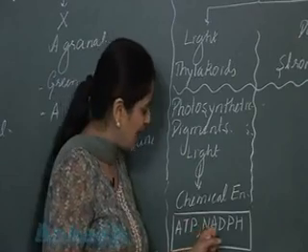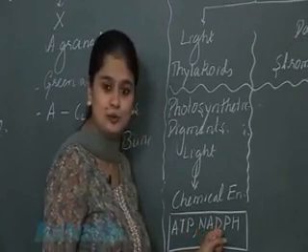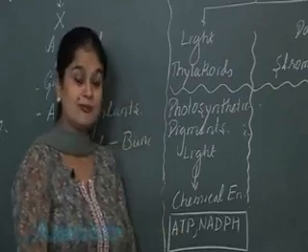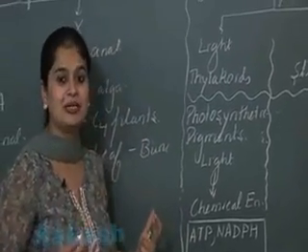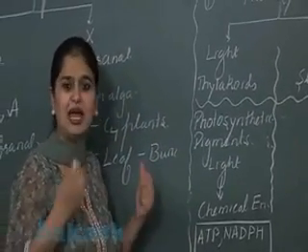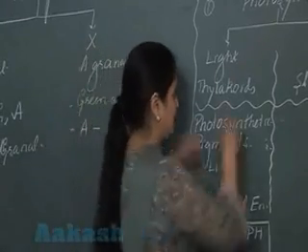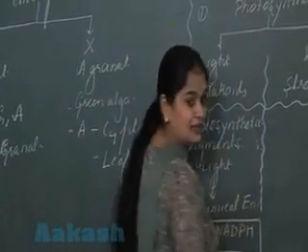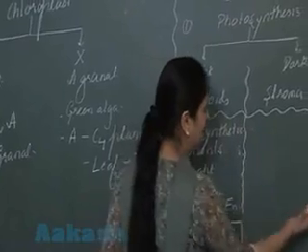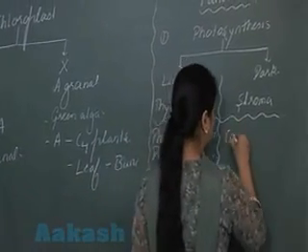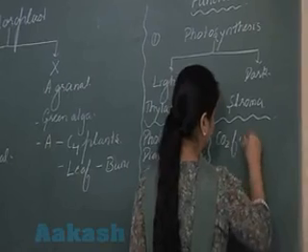Nicotinamide adenine dinucleotide phosphate hydrogen. तो इसका मतलब लाइट रिएक्शन के अंदर बनाया गया है ATP एंड NADPH. ये जो ATP और NADPH लाइट रिएक्शन के अंदर बनाया, अब ये डार्क रिएक्शन के अंदर यूटिलाइज होगा फॉर द कार्बन डाइऑक्साइड फिक्सेशन